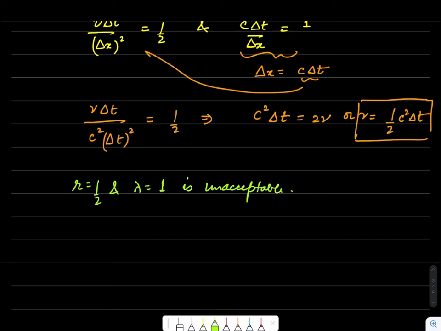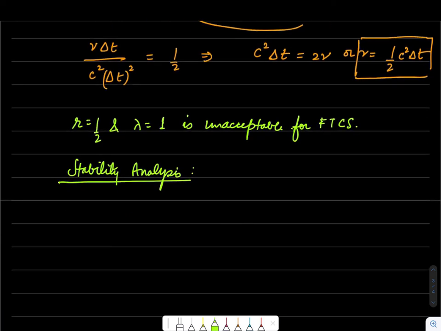So we have to choose parameters in such a way that this is avoided. So this is unacceptable for forward time central space difference applied to the linearized Burger's equation. If we go through the stability analysis for this problem, and I'm requesting you to work this out on your own, you should see that the amplification factor for this